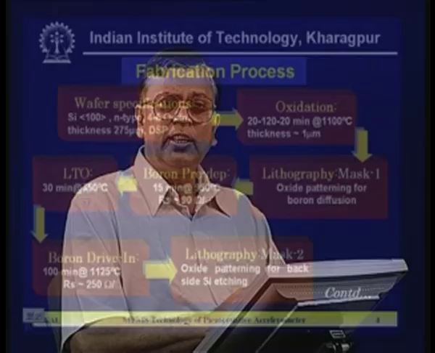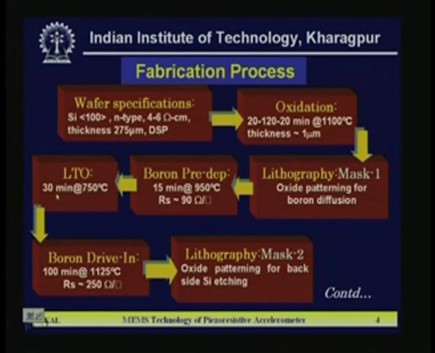So, that is why in between the pre-deposition diffusion and the drive-in diffusion, whatever boron stain is formed has to be removed, and that can only be removed if that borosilicate glass is completely oxidized. That means we have to go for a very low temperature wet oxidation, 30 minutes at 750 degrees C. So, with that, whatever borosilicate stain layer is formed on the surface of the silicon, that will convert